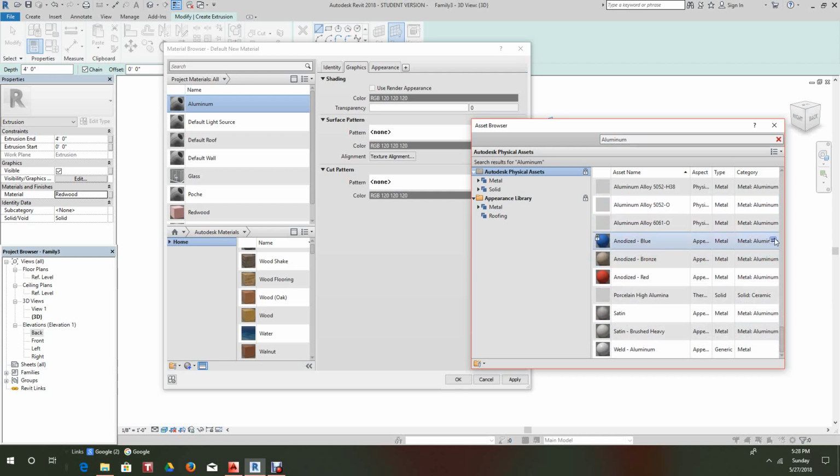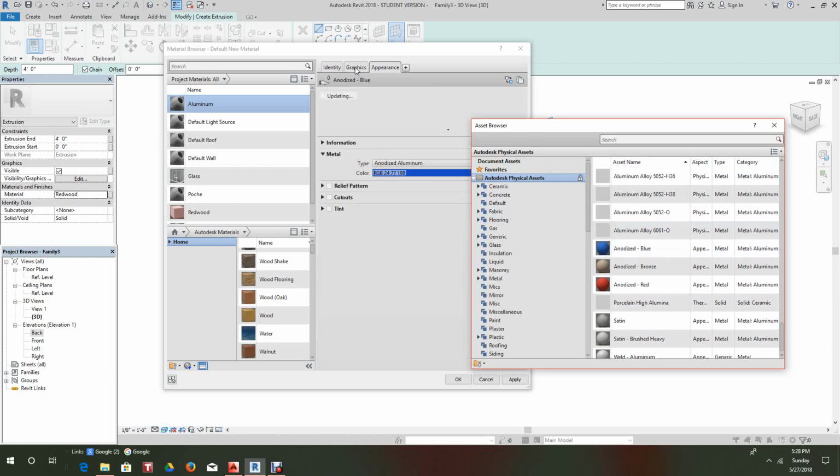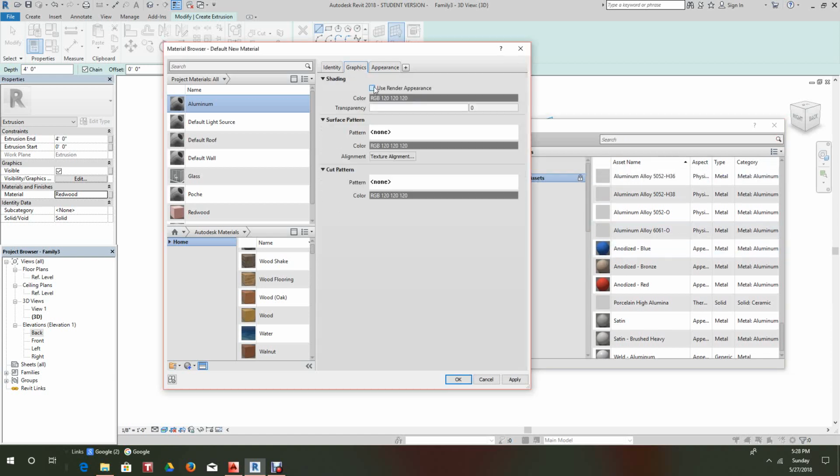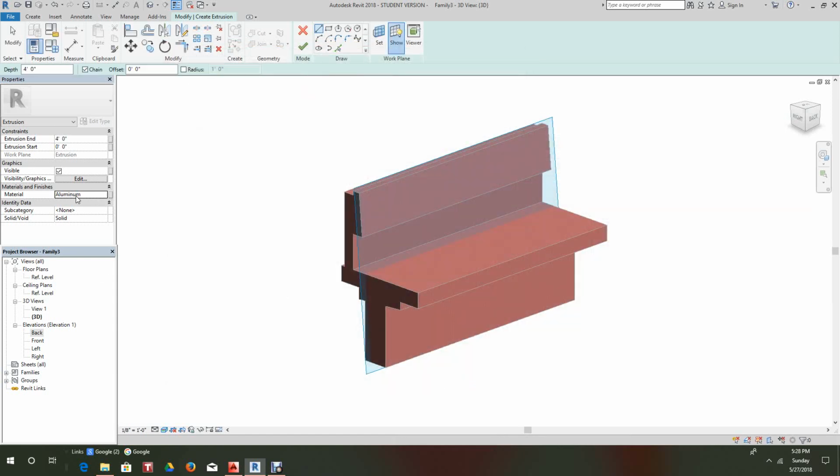We'll select the arrows, come back over to graphics, and the graphics is going to use the rendered appearance. We want to use the rendered appearance. Click apply, OK, and there's our aluminum in our properties dialog box. OK. Now, what we want to do here is we want to go back to the back view,